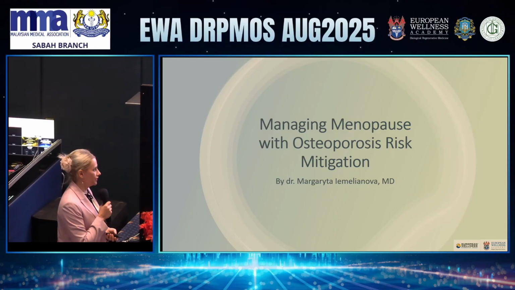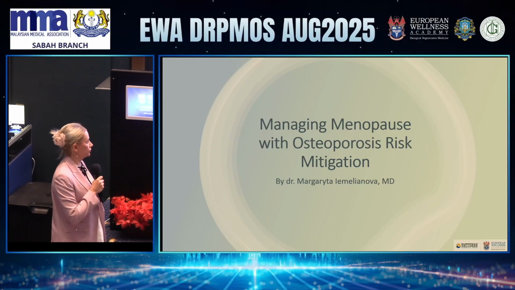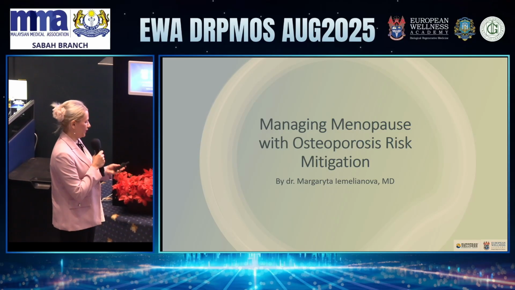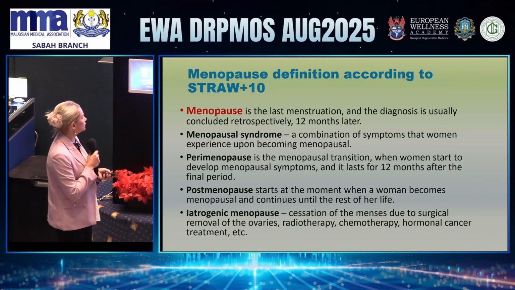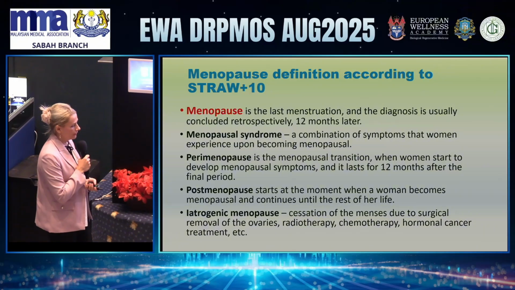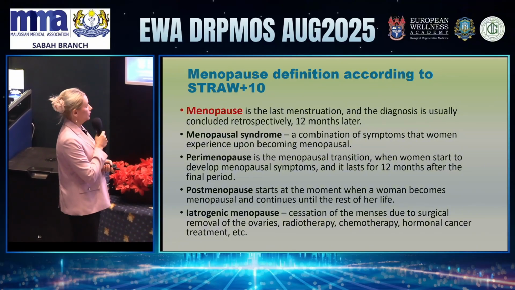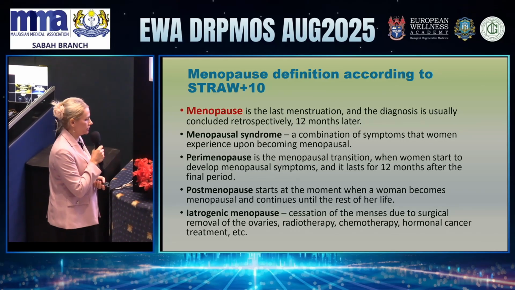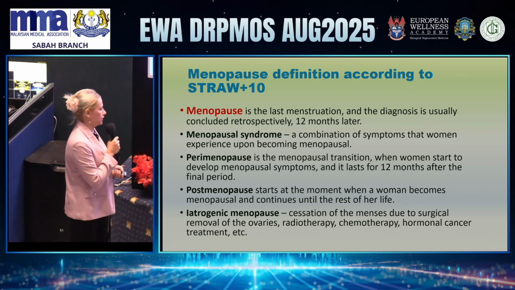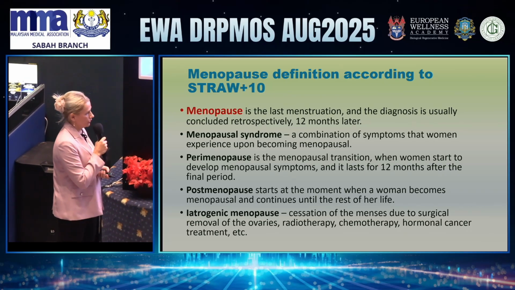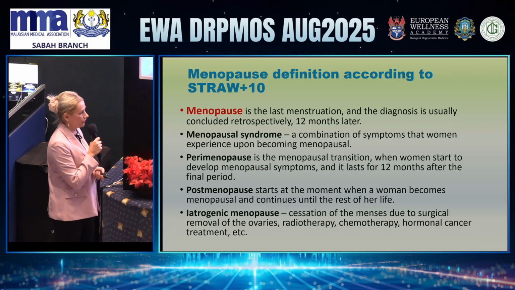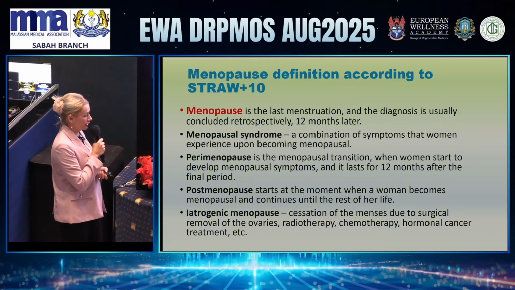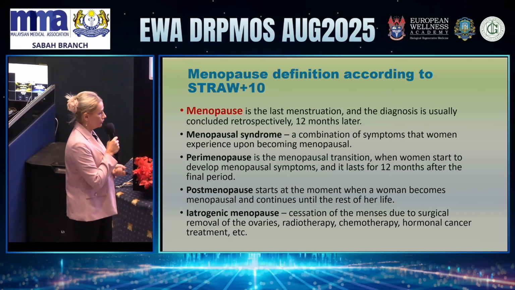Hello, dear audience. Today my talk is devoted to managing osteoporosis and mitigating the risk of osteoporosis in menopausal women. So again, according to the Reproductive Aging Workshop, which was designed in 2001 and then reviewed and changed in 2011, menopause is the final menstrual period of a woman, and 12 months afterwards it is diagnosed and concluded